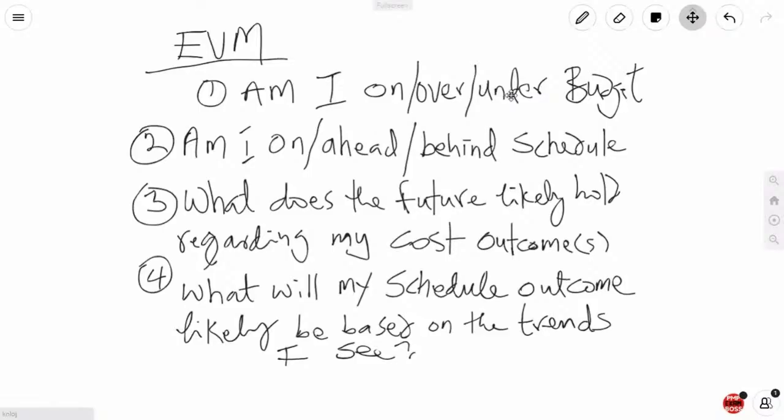No. But as a good project manager, if you're working in oil and gas, aerospace, or even pharma, with multi-million and billion dollar projects, you should understand earned value. And I also want to challenge you to maybe pick up the PMI standard for earned value management and read it a little bit more.